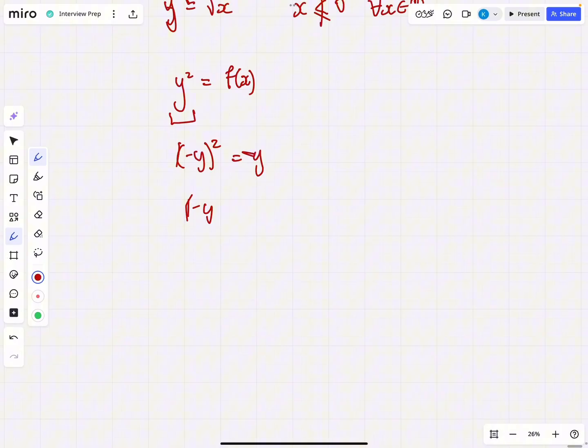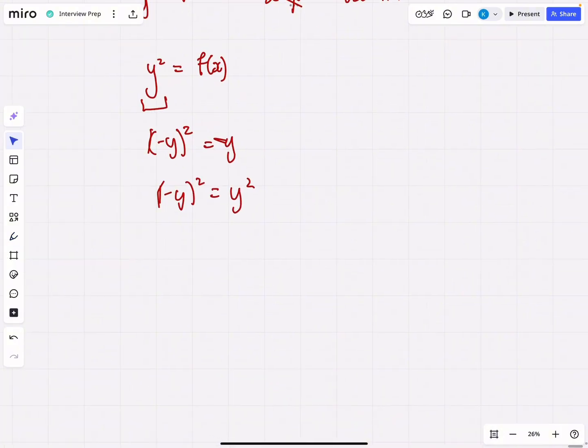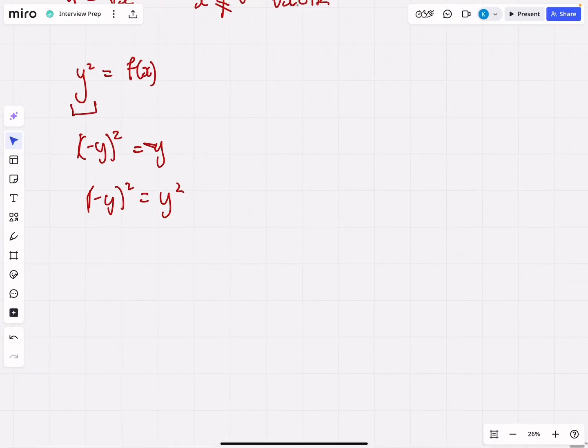So we have minus y squared is equal to y squared. Therefore, we have reflective symmetry in the x-axis. Now, why is that? Well, for each x value that I choose, there will be a corresponding y value that is positive and a corresponding y value that is negative of the same magnitude as the one that was positive, right? So for example, if I had y squared is equal to x,